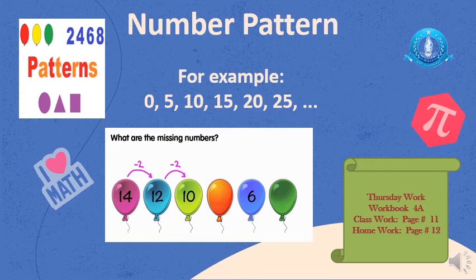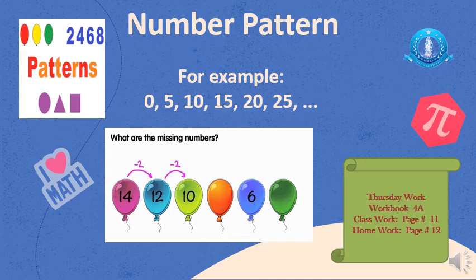Look at the number 0. What is the next number after 0? 1, 2, 3, 4. The second number is 5. It means we will leave 4 numbers. 5. What is the next number after 5? 6, 7, 8, 9. Leave 4 numbers, and the next number is 10. Now what will be the next number? If you don't have 15, you can easily find it: you will leave 4 numbers and the 5th number will be the next number. See, 10 is here. 11, 12, 13, 14. What will be the next number? 15. Let's see the other slide.